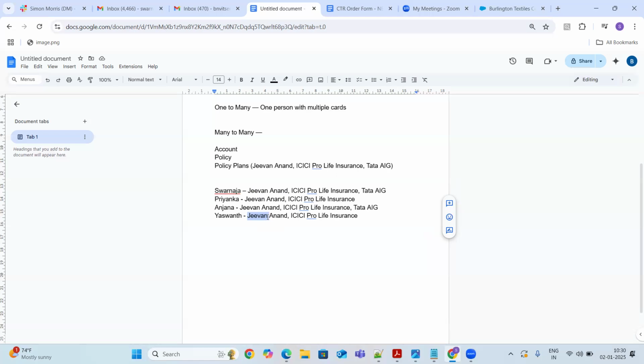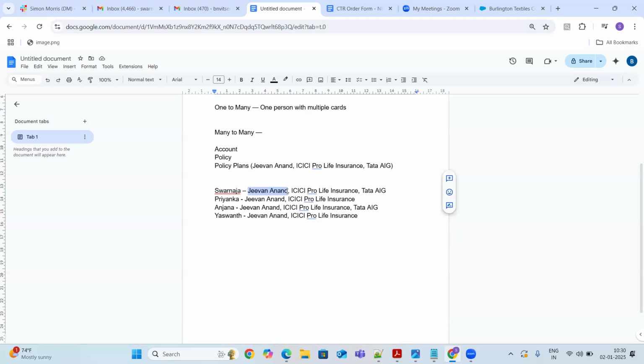If you just select a simple lookup or master detail, you can't establish this relationship. Basically, lookup and master detail behave in the same way. If I create the lookup relationship on the policy object, like the policy plans object, Jeevan Anand policy plan object, then I can associate only one account, right?